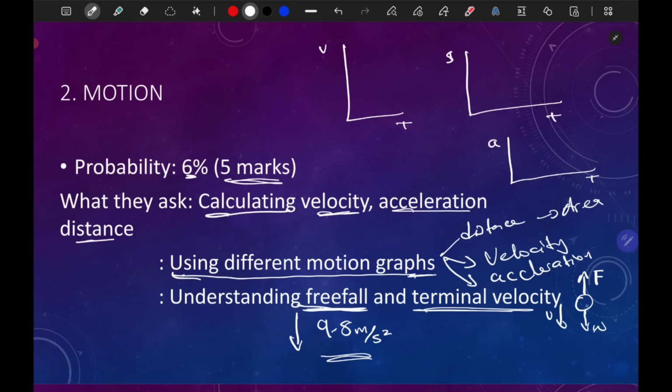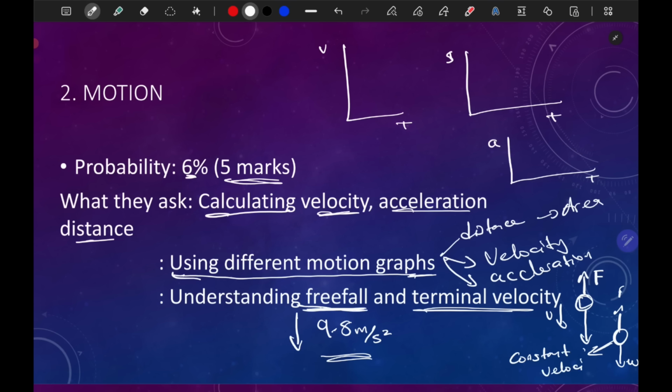So that means the object, this rock over here, will eventually have equal upward force and equal downward force. That means resultant force is 0. So maybe at this point, weight is greater, and then after a while, weight will be the same as F. And then that's terminal velocity, where there's no change in velocity, or constant